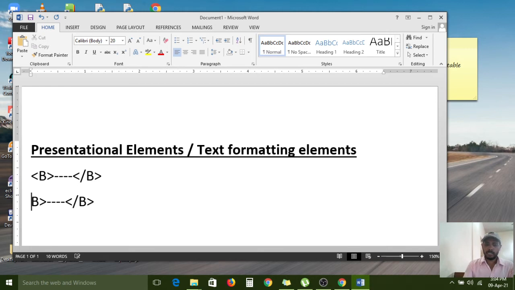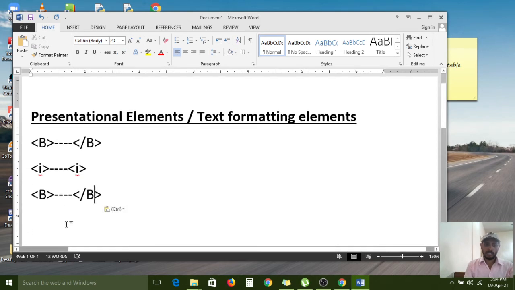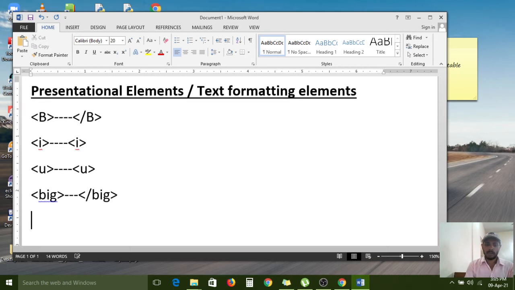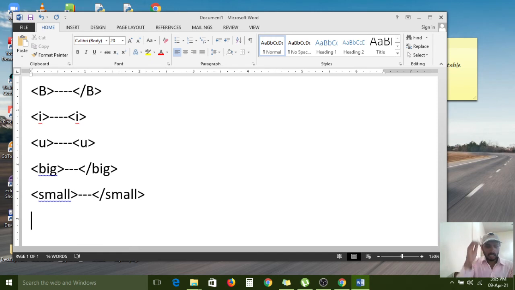And italic. Underline is also there. Underline tag, big, small, del.